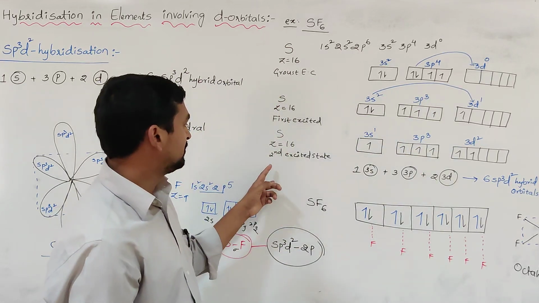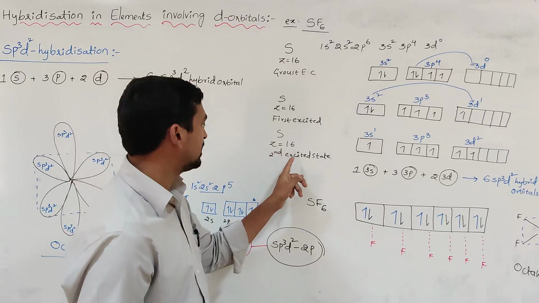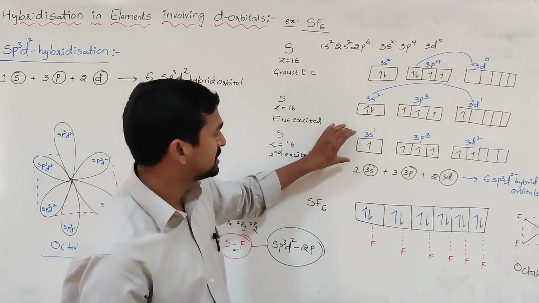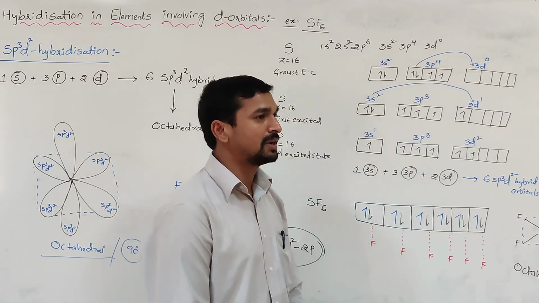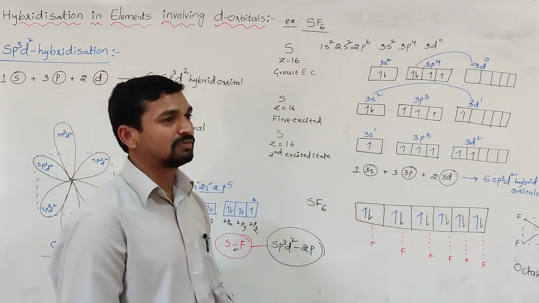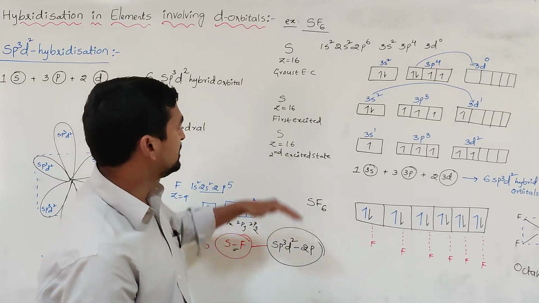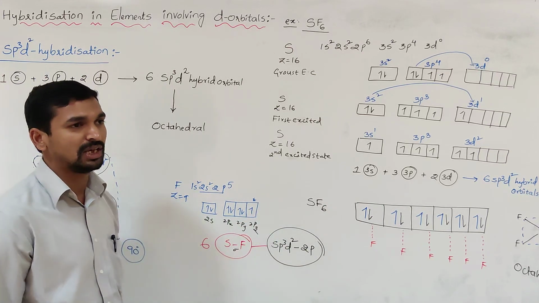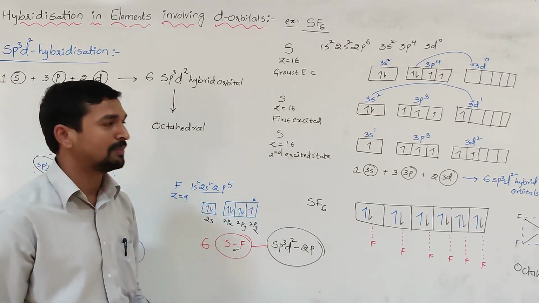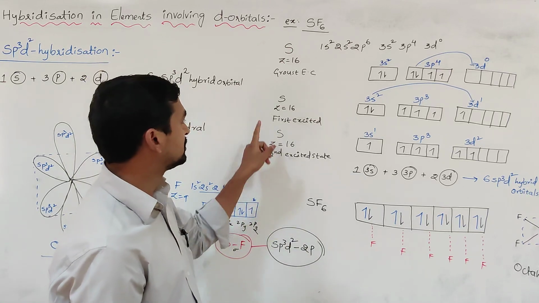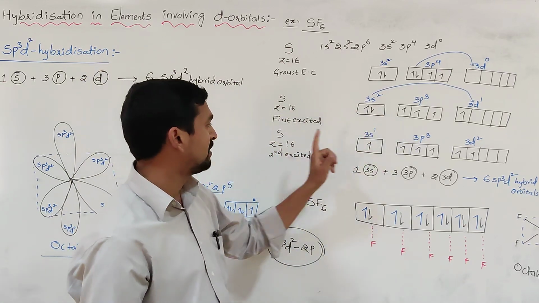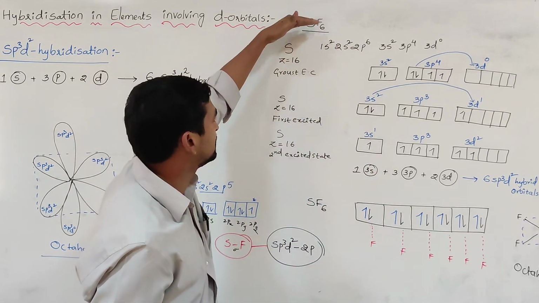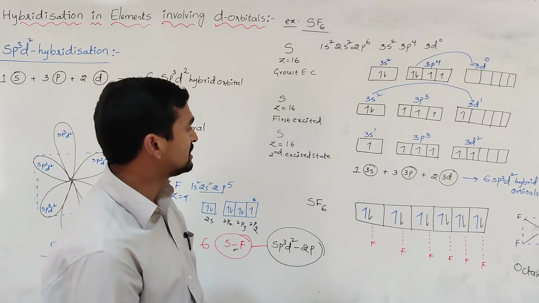Now it results in the second excited state electronic configuration, in which 6 atomic orbitals are half filled. This accounts for the hexavalency of sulfur. In the examples we discussed so far, we could promote electrons only one time, but here we are promoting 2 times: first from the 3p orbital, and the second time from the 3s orbital. Anyway, the second excited state electronic configuration of sulfur can explain the hexavalency of sulfur.